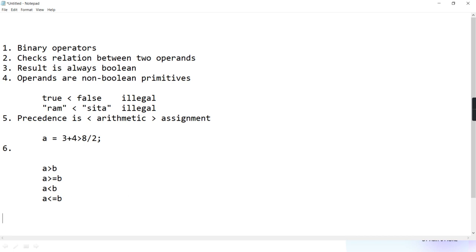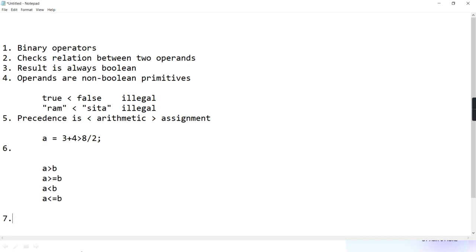In some languages, equality and inequality are also considered comparison operators, but Java keeps these 2 operators separately. Java doesn't take them in the relational operators category. In the relational category only these 4 are there. These 2 will be considered separately as equality and inequality operators, and we will talk about that separately.